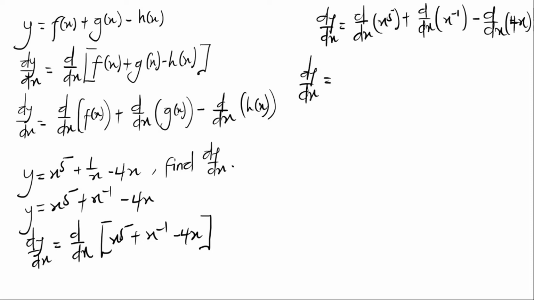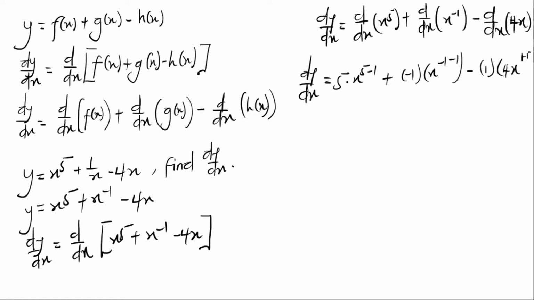Now, if we differentiate x raised to the power 5, it means we use the power 5 to multiply the coefficient, which is 1, then we subtract 1 from the power. So we have 5 multiplied by x power 5 minus 1, then plus, for this function we have negative 1 as the power, so we multiply by negative 1, then x power 1, then we subtract 1 from the power again. Then minus, this is 4x, the x has the power 1, so we use 1 to multiply the 4, then x raised to the power